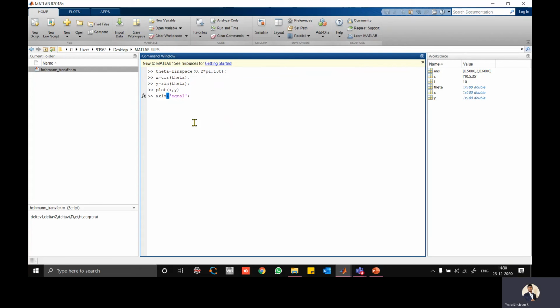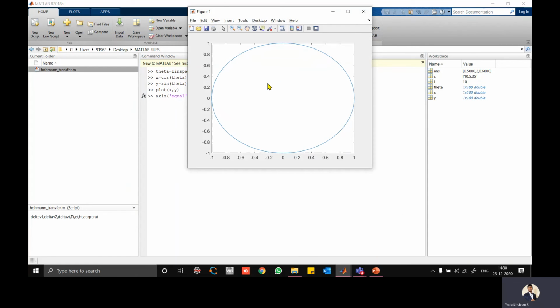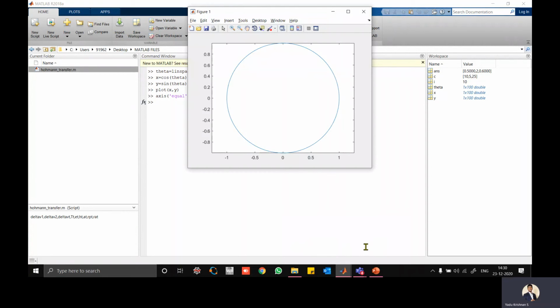Here it becomes a purple color. Axis equal, so this is the command. Let's take this as our figure. Now after putting axis equal, let's see how it comes out. I'm just going to press enter. Okay, let's see whether the figure has changed or not. Look at that. The axes became equal and properly aligned, so we get the final circle.